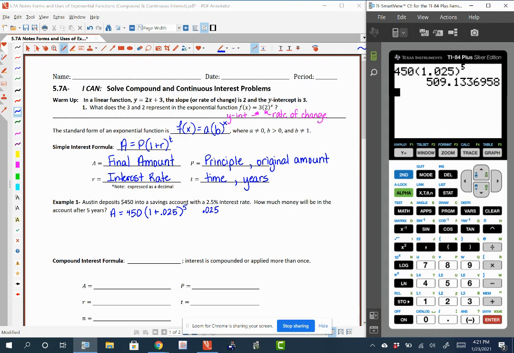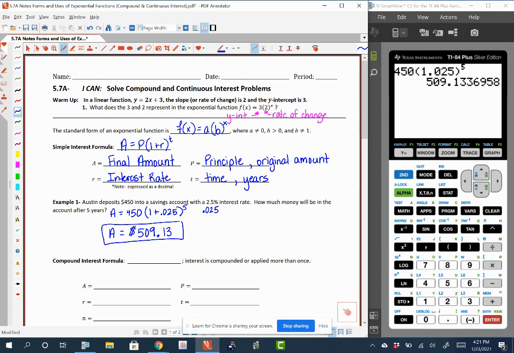So we're going to probably get pretty big decimals, and that's pretty normal. But when we're dealing with money, we usually do 2 decimal places. So I'm going to go ahead and think of this as $509 and 13 cents, because that second 3 isn't big enough to round up. So Austin, if he puts $450 into a savings account for 5 years with 2.5% interest, he's going to come out with